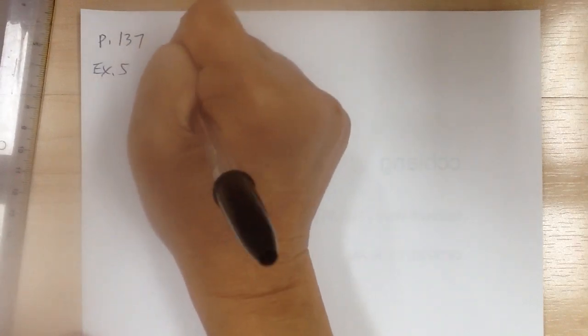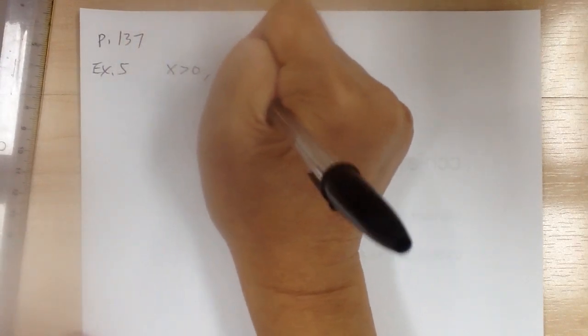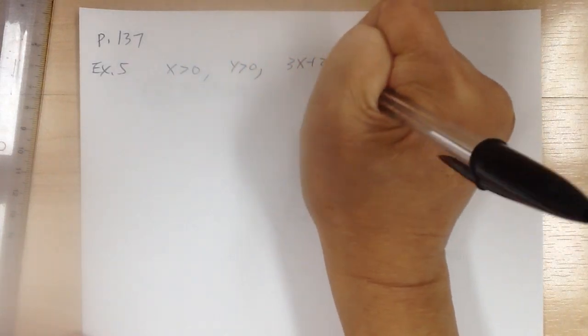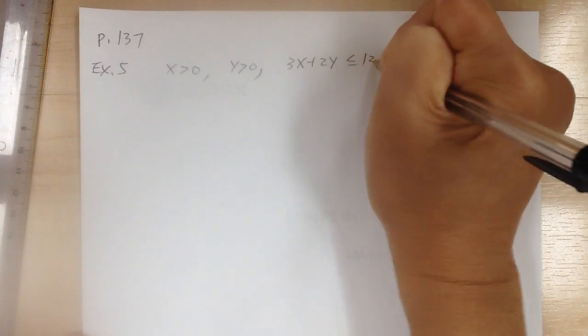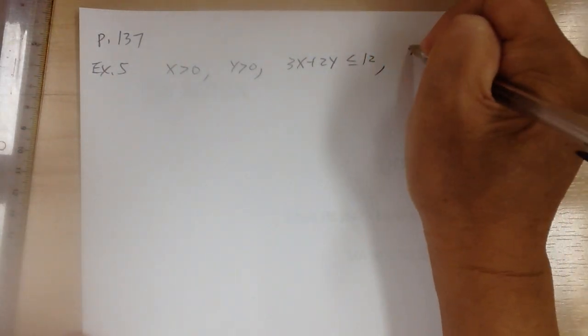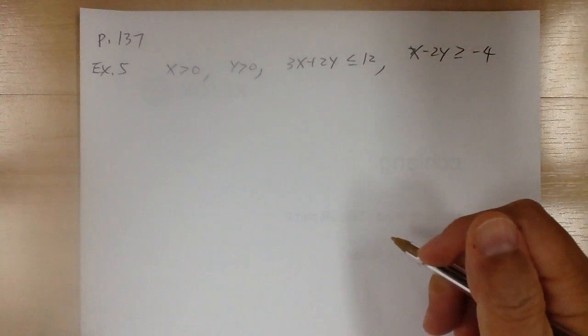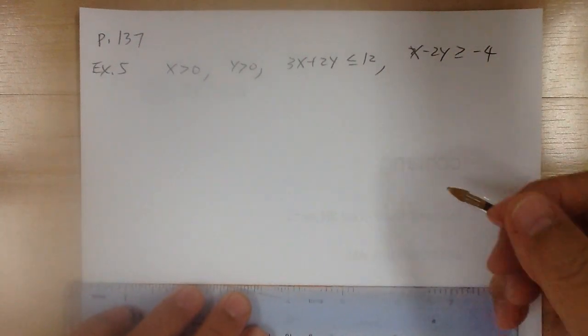Okay, you have x is greater than 0, y is greater than 0. You got 3x plus 2y is less than or equal to 12. And you got x minus 2y is greater than or equal to -4. Okay. So for this one, what you need to do is,